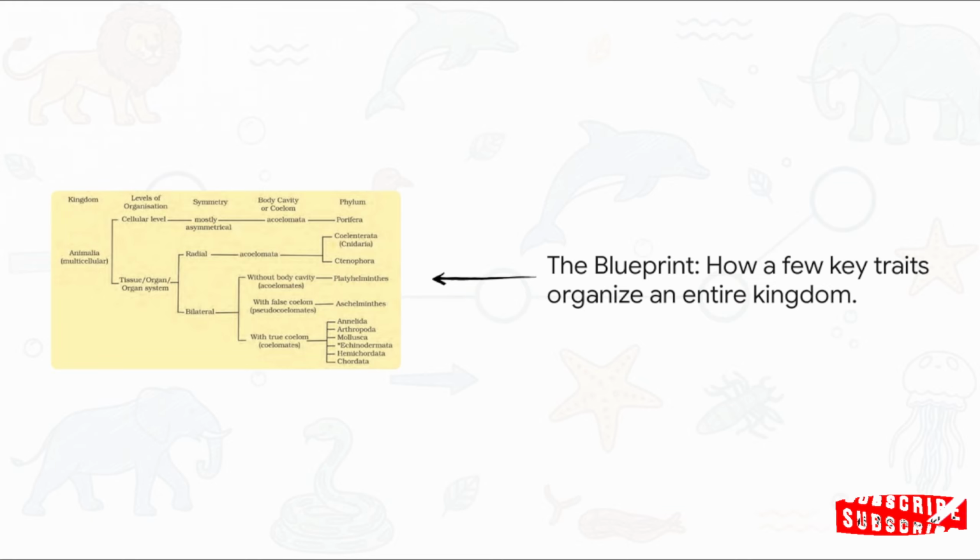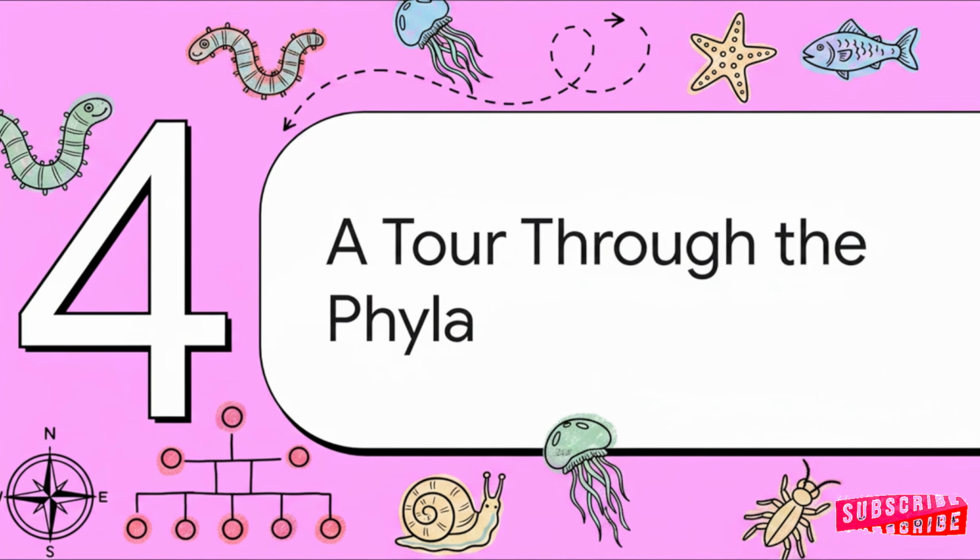It's like this elegant decision tree that takes all that chaos we talked about and organizes it perfectly into these distinct groups, which we call phyla. So now that we have our map, let's actually use it. We're going to take a quick tour through some of the biggest phyla and see exactly where they fit in